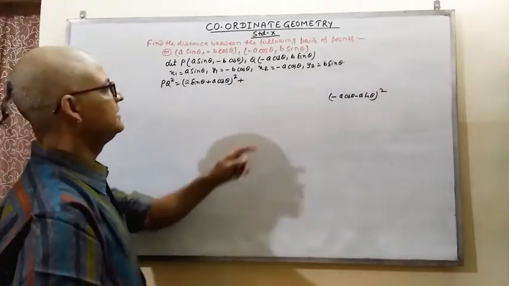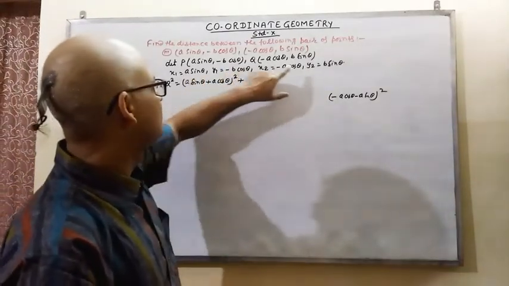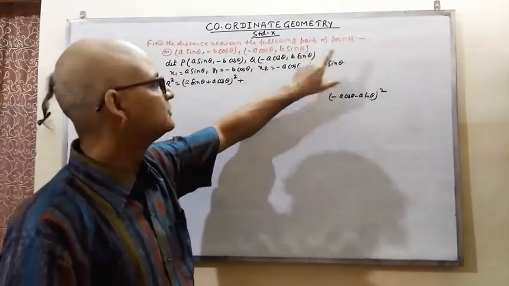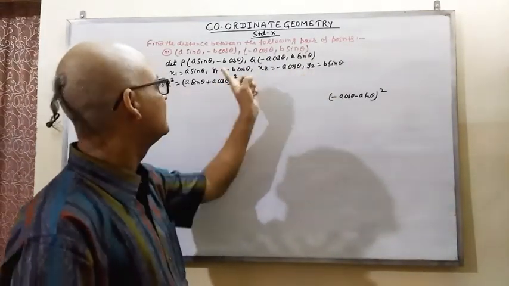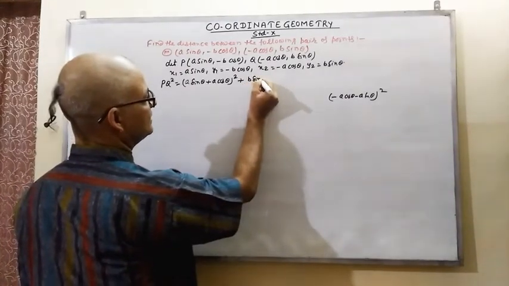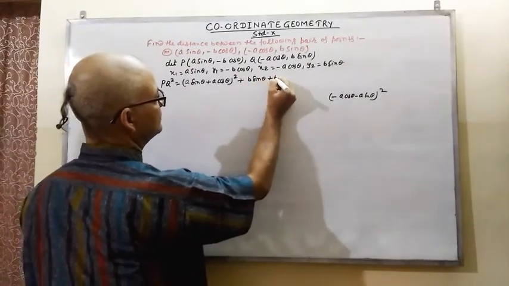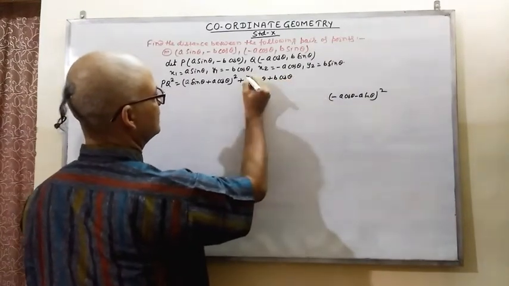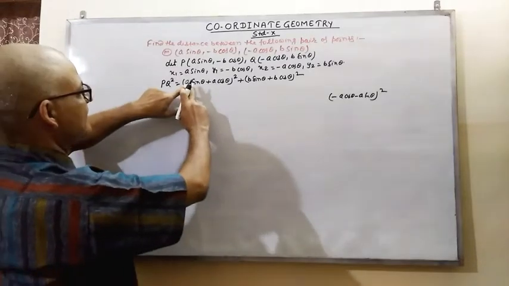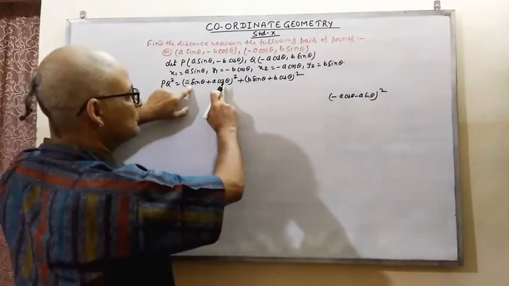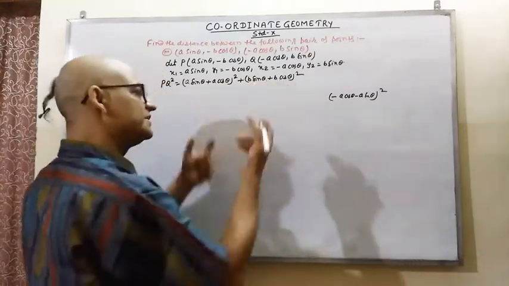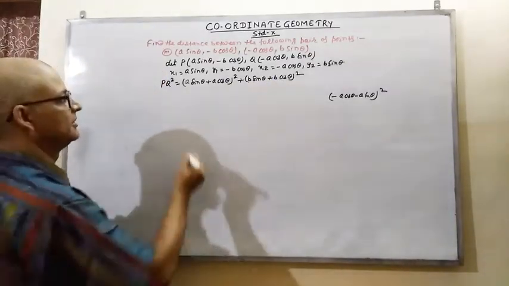Similarly, now you see, if you take y1 minus y2 here, then minus b cos theta minus b sin theta. So it is better here you take y2 minus y1 whole square. So it will be b sin theta plus b cos theta whole square. Now you observe here, I have taken x1 minus x2 whole square, and here I have taken y2 minus y1 whole square. It is correct. In any way you can take it.